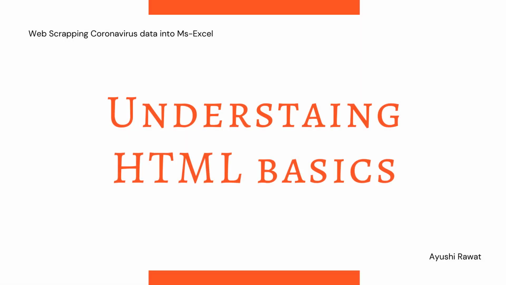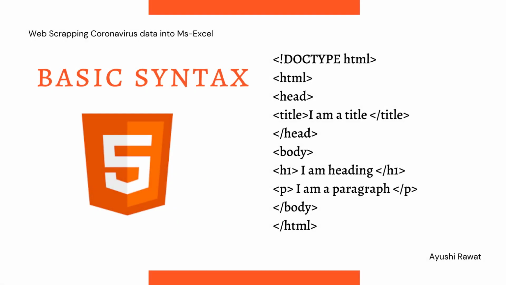You should know the basics of a web page. So let's look at the HTML basics first. This is the basic syntax of an HTML web page. The doctype HTML command describes the version of the HTML. The HTML document must start with a type declaration. Next is the HTML tag. Everything we write must be contained between these two tags. Next is the head tag. The meta and the script declaration of the HTML document is stored between head. The visible part of the HTML document is between the body tags.